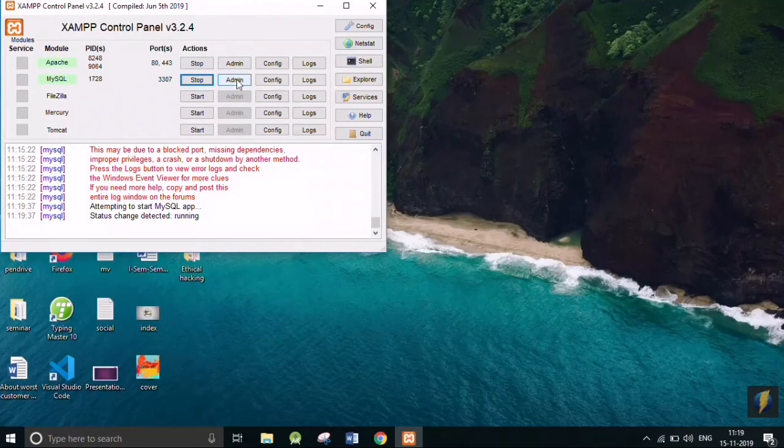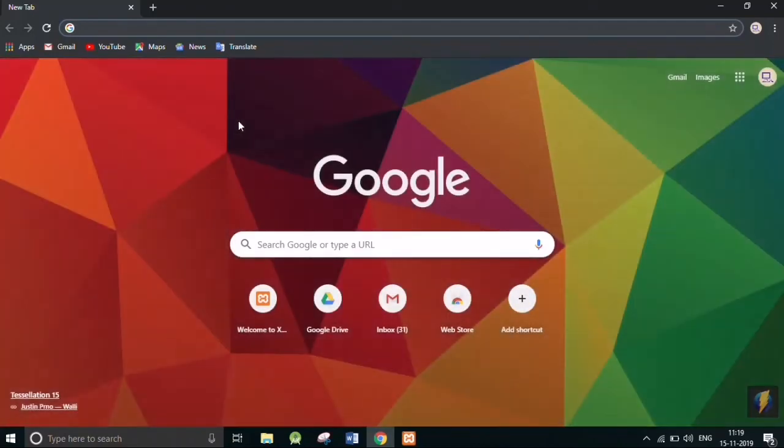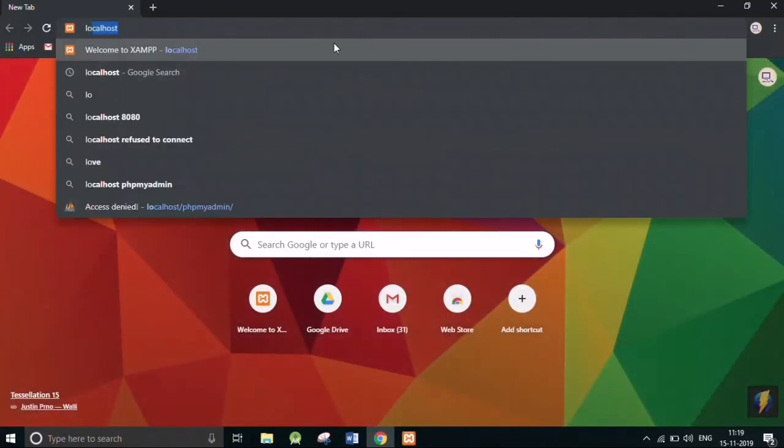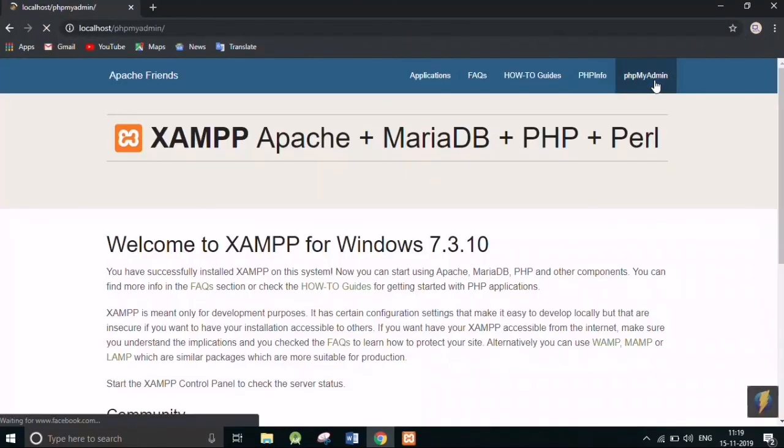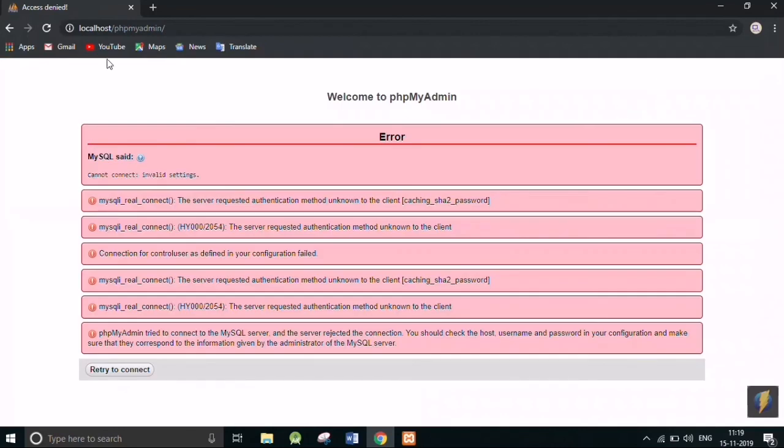And now the problem is solved. So now the MySQL is running, but now phpMyAdmin is showing some error. I will show you